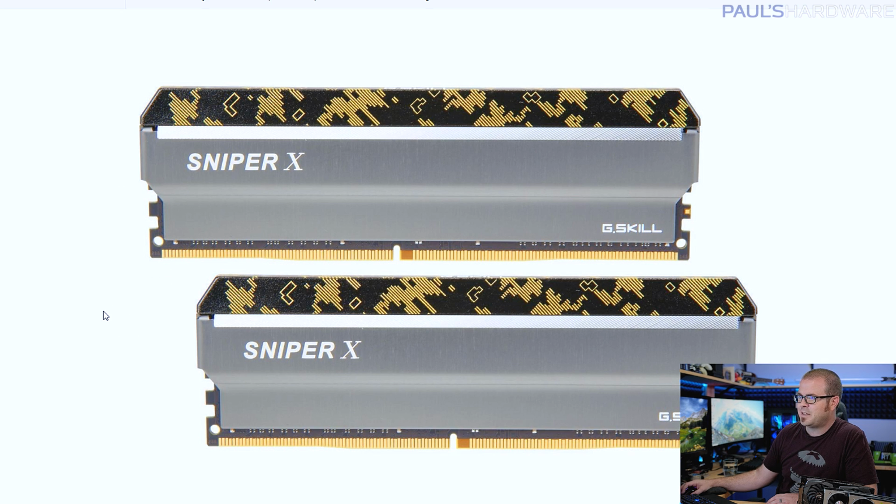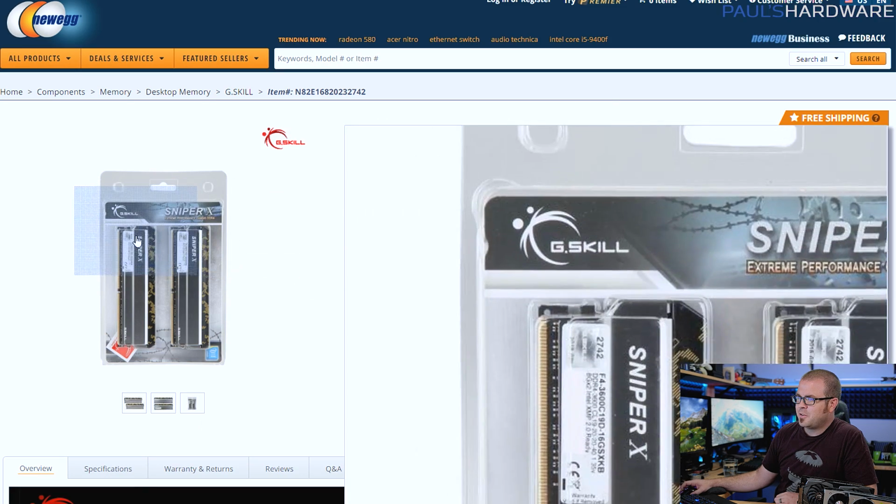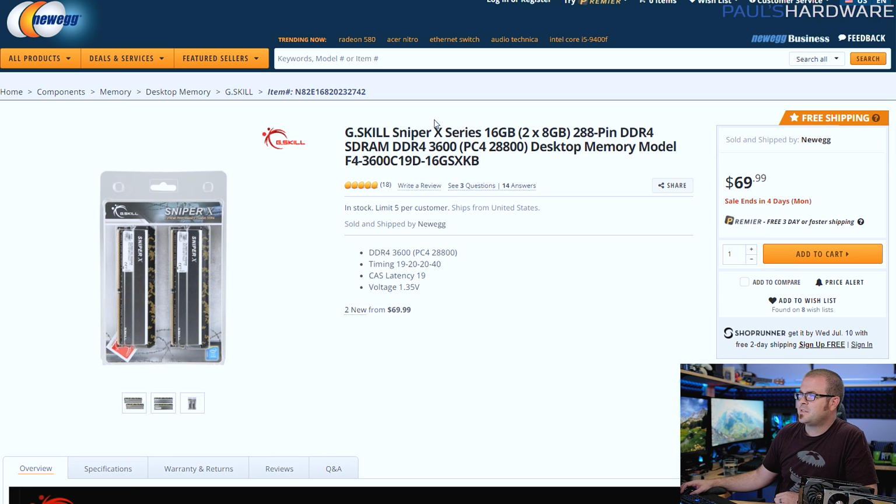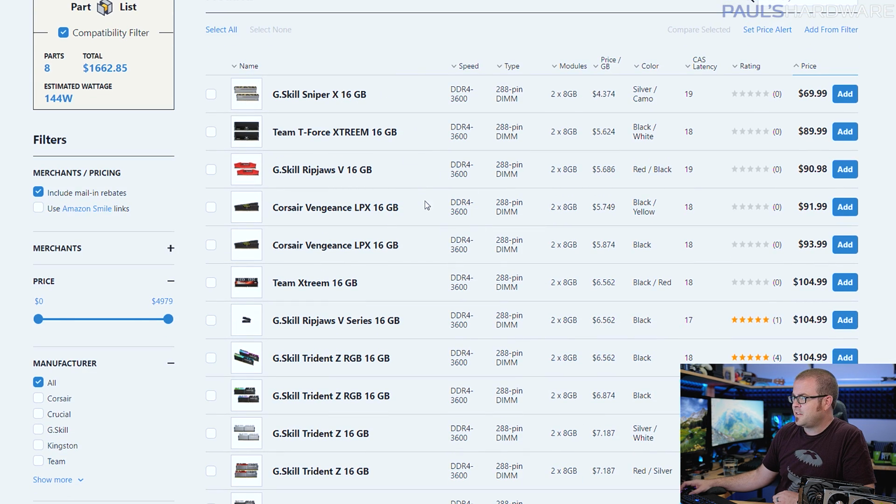I guess this is supposed to match up with the TUF series motherboards. Now what your memory looks like is a lot less important than the speed and capacity of the memory, so this is available for 4 more days. If that ends, you should also keep an eye on the other kits on this list, and then definitely, like I said, keep an eye out on the launch day reviews, and especially people who are doing memory testing, because